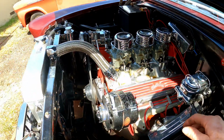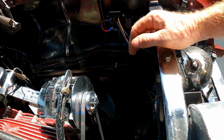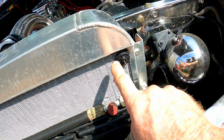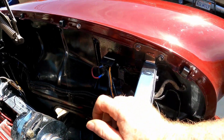But what it was, he came to me first here. This is a fan controller. The fan wasn't coming on and it was running hot. And it used one of those probes that probes into the radiator. And those setups really don't work that well. They're not the most efficient. So what I got here,